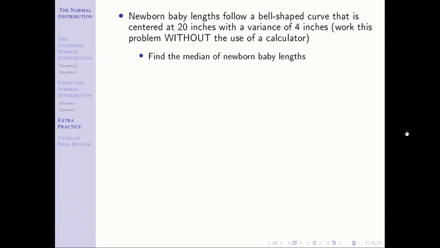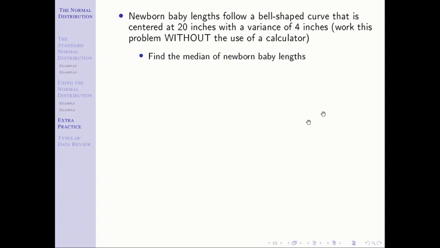Now notice I didn't use the word cutoff. Notice I didn't use the word percentile. Notice I didn't use the word quartile. But I used a word that relates to all of those in median. Median is the cutoff that cuts off the top half from the bottom half. It is the 50th percentile. It is the second quartile, right? So I need to make sure we're thinking through all of those words and how they can be used interchangeably.